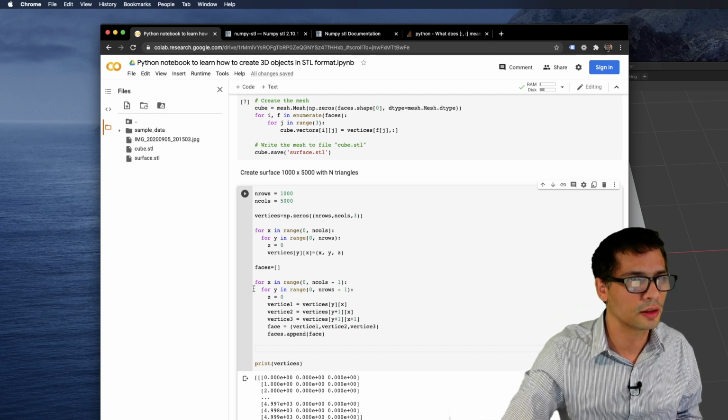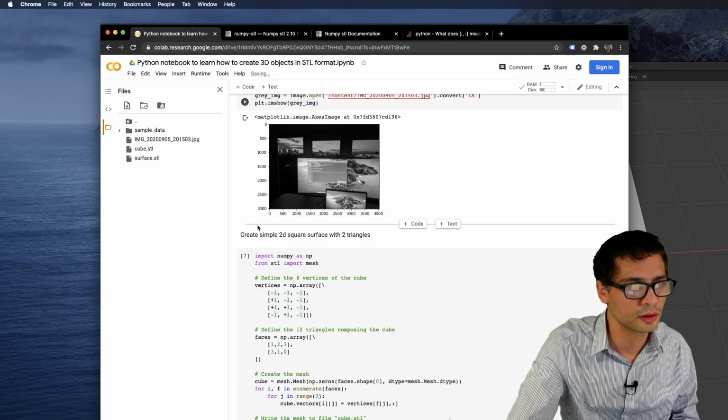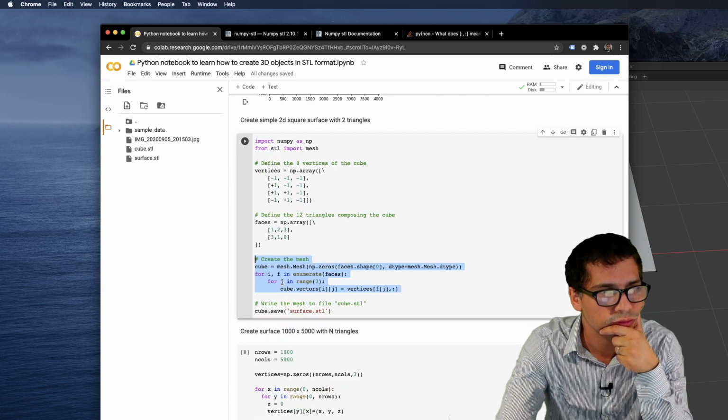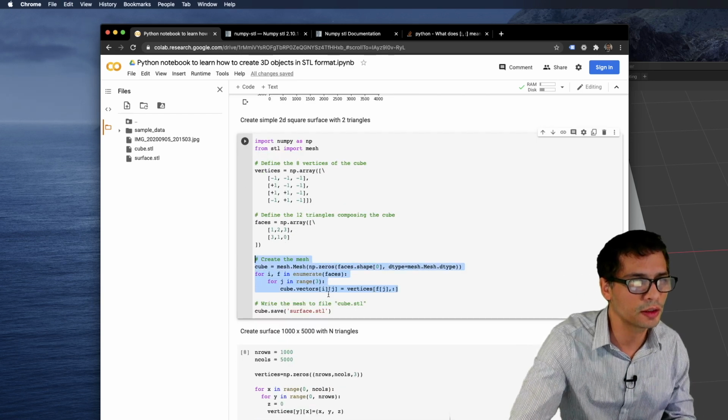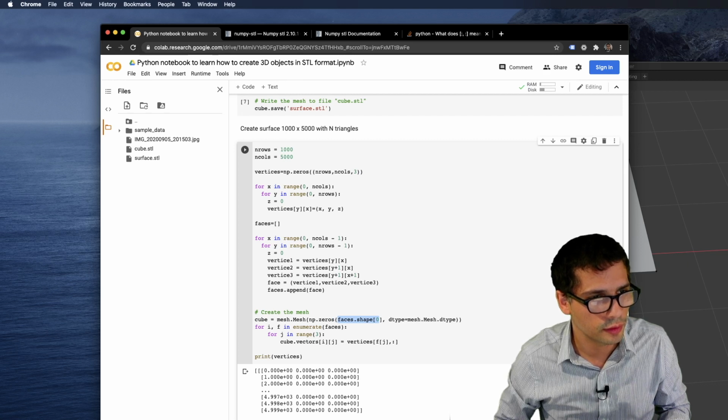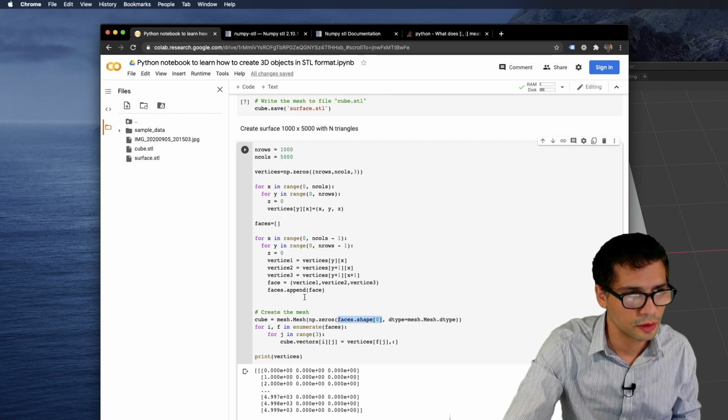Then I need to create a mesh. So I can do something like that to create a mesh. So this is just basically using the number of faces that we have. It should be okay.